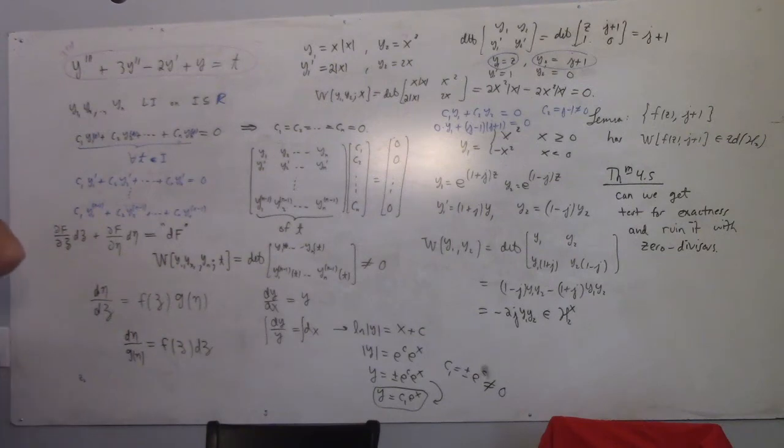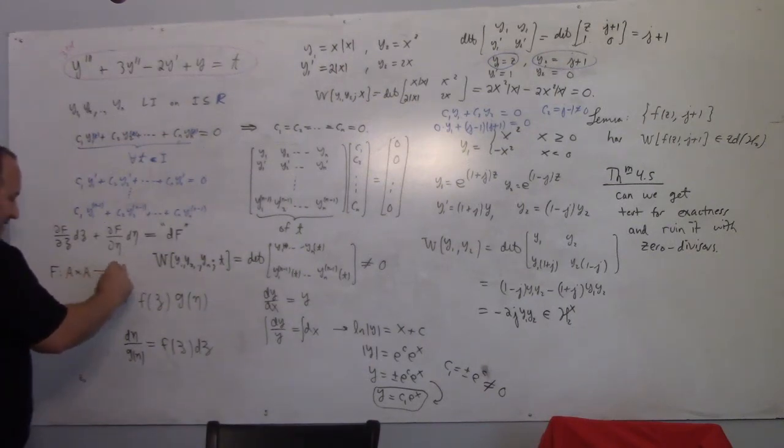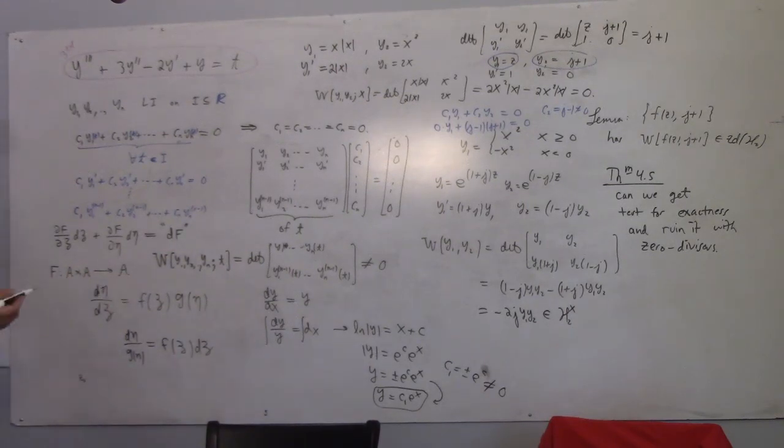But to be honest, I don't know if I've totally thought this stuff out, because f is a function from A cross A to A, I guess. If this has variable zeta and this has variable eta, I do think it's true that the total differential of f would naturally be this thing,